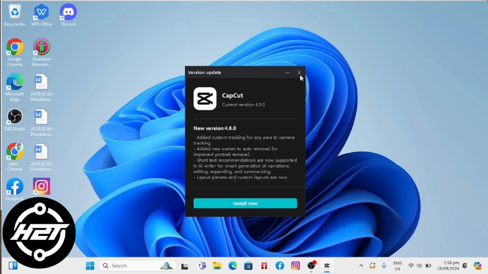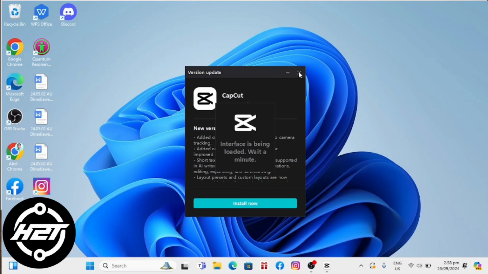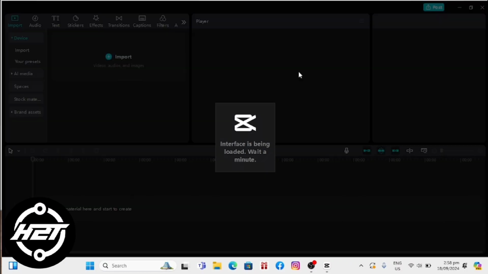CapCut is a popular video editor that provides various editing tools and effects such as cropping, noise reduction, filters, transitions, animation effects, and more. Recently, many users wondered how to use the fade-in and fade-out effects on CapCut. Luckily, this video provides a clear guide for you.